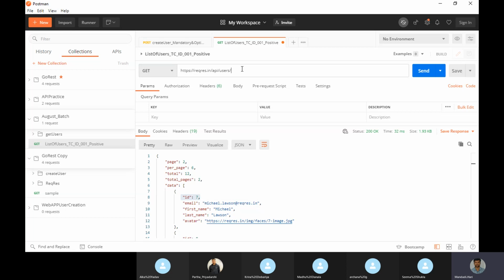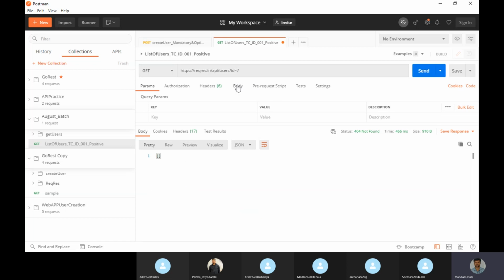I am going to give the ID, I think /7, and we'll see whether it comes or not. Path parameter ID 7, I give /ID equal to 7 or something. Let's see what happens. It will be a syntax error.